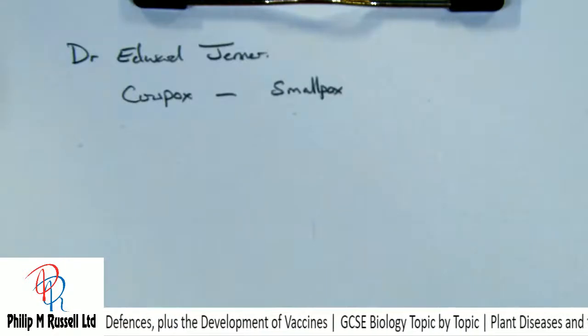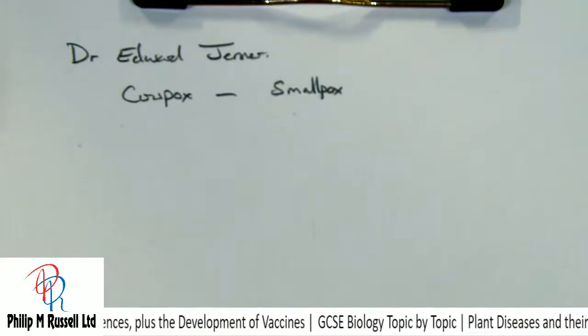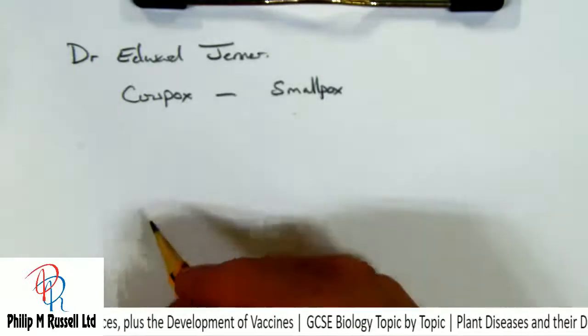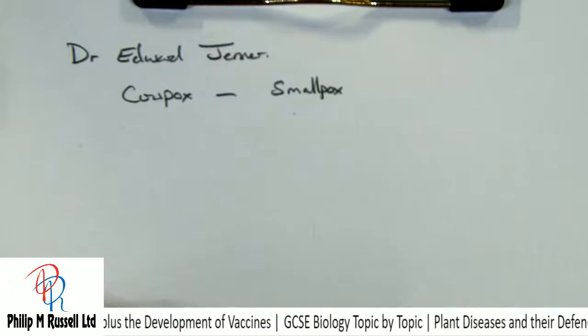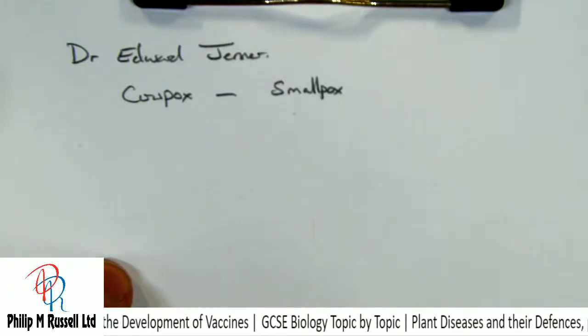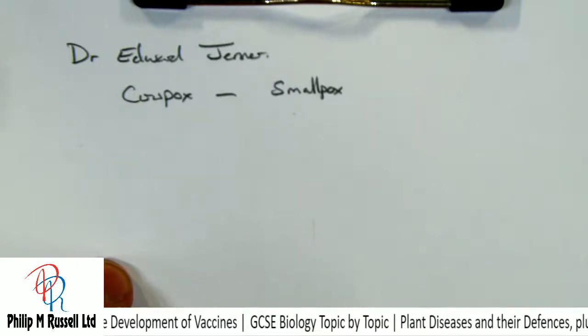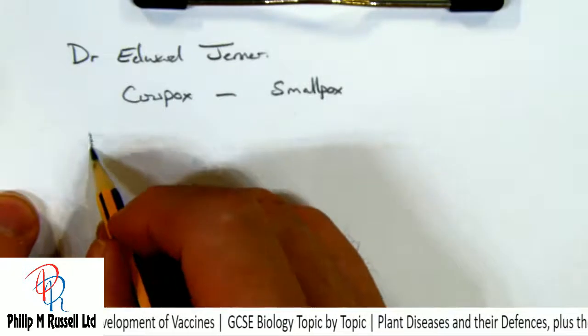So how does it work? Well, basically some pathogens can really make you seriously ill very quickly, and you die before your body manages to make the right antibodies. Right, so we've got the disease,